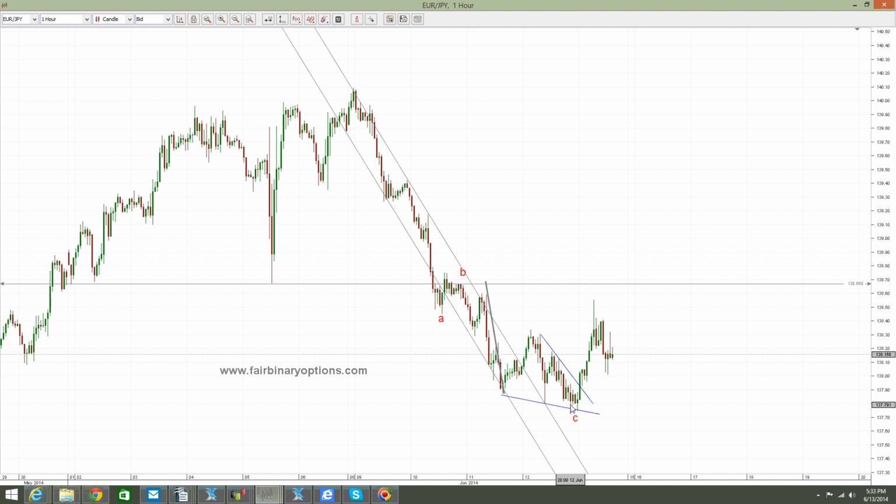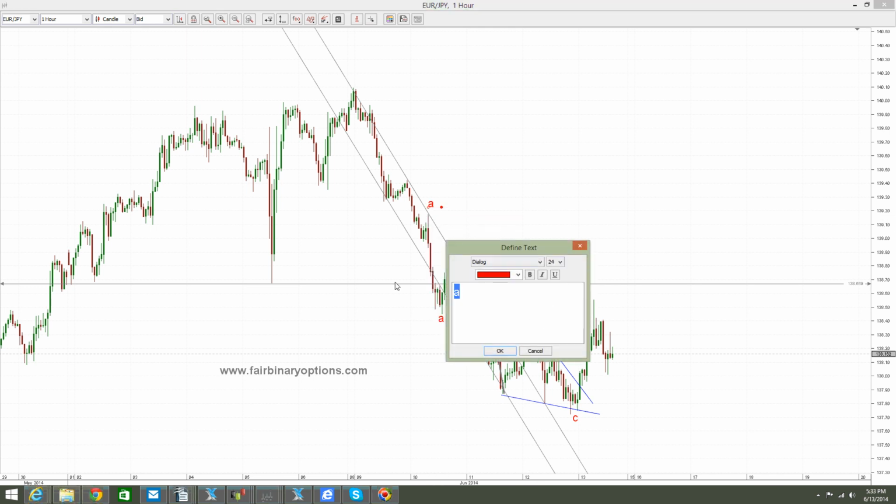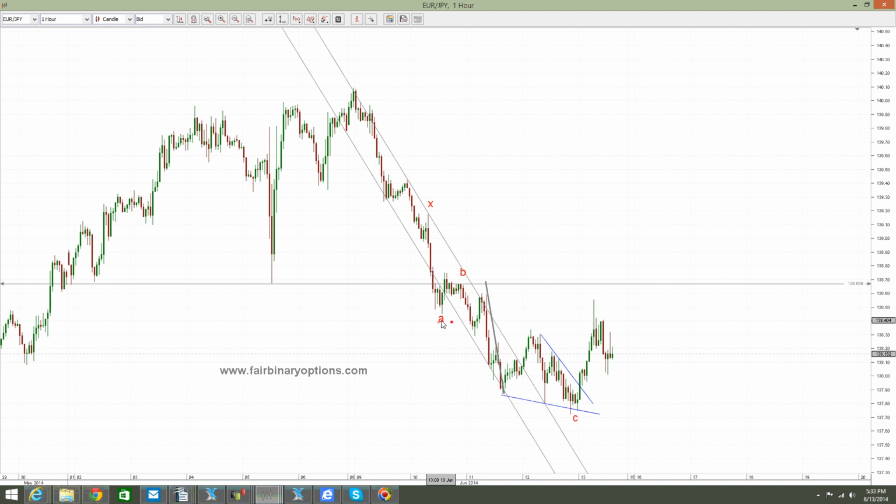And this zigzag is, of course, only part of what? Only part of a double zigzag, with this to be the X wave, and this to be the rest of wave A here to the downside, B wave here, and then of course the C wave in here. So what do we have? We have two zigzags to the downside, and hence the name double zigzag. And then we have a